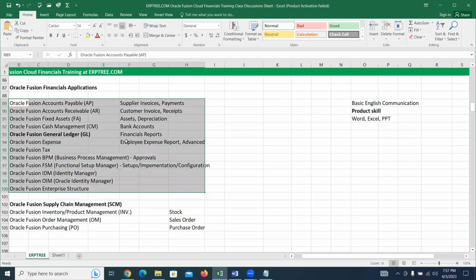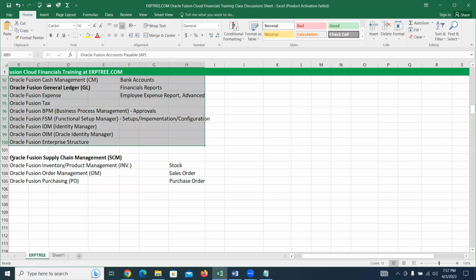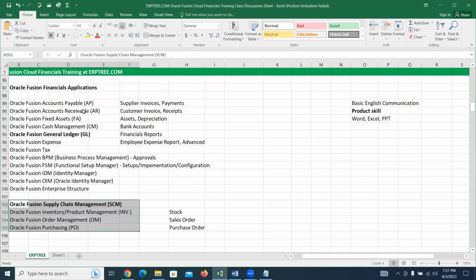Along with the financials, there is Oracle Fusion Supply Chain Management, SCM. This is a separate course, but for financials, SCM is a very neighboring application. By using Oracle Fusion Inventory, you can maintain the stock. What are the goods you are maintaining within your warehouse?